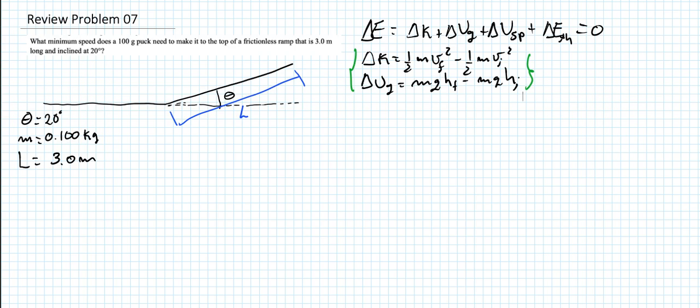So, today we will do a problem related to conservation of energy. The problem states: what minimum speed does a 100 gram puck